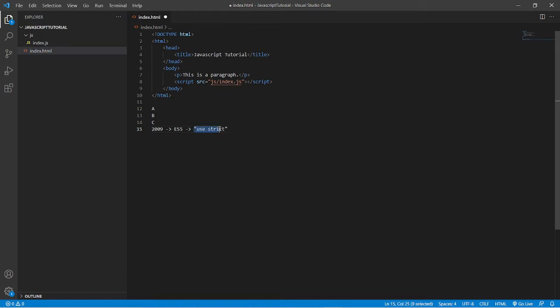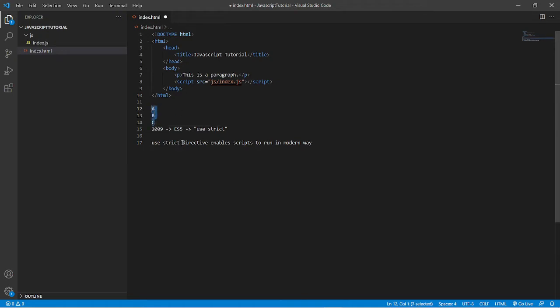Now this directive, when we use it, enables scripts to run in the modern way. It means if we use the strict directive, then the browser will understand that it needs to compile the JavaScript in the modern way, considering the changes that have been made to the previous features.